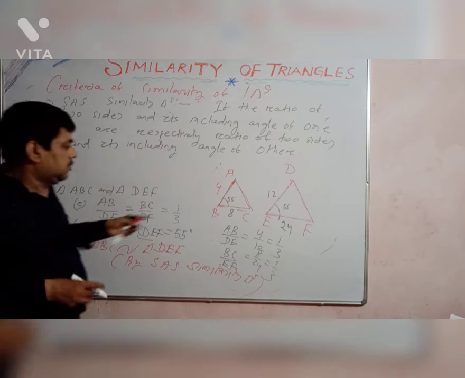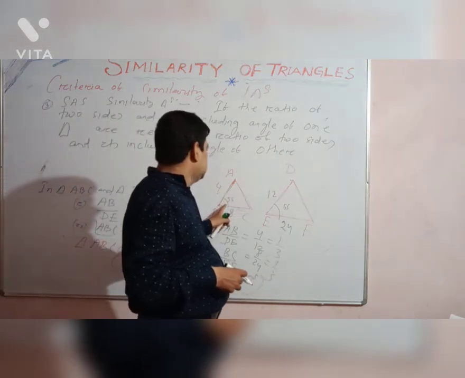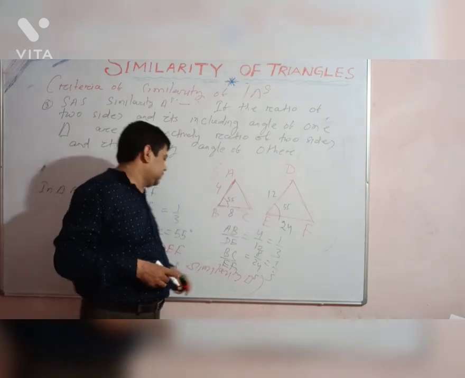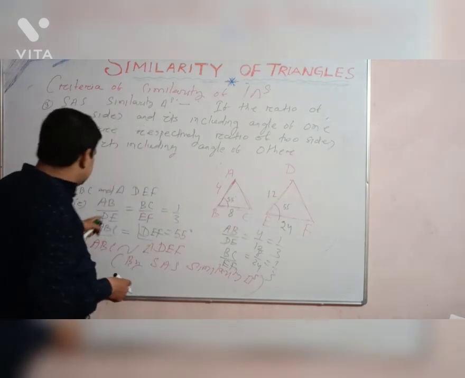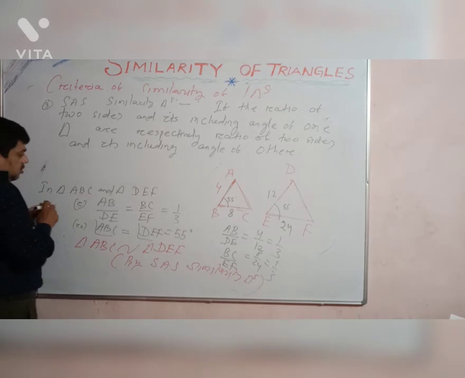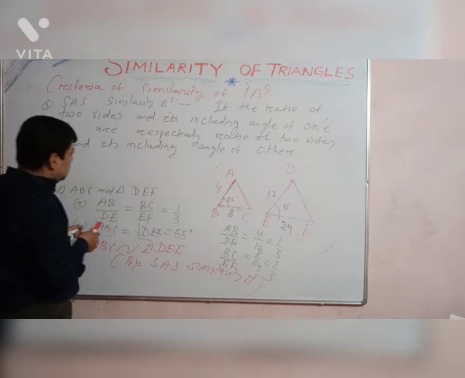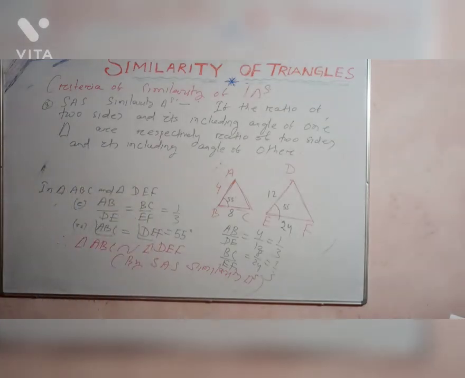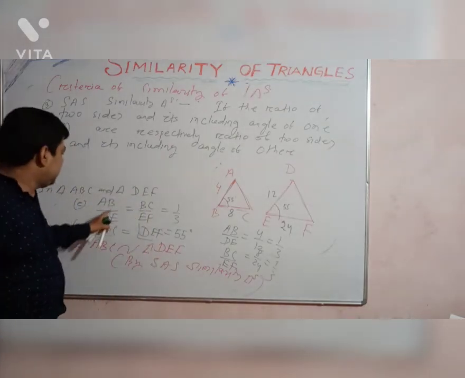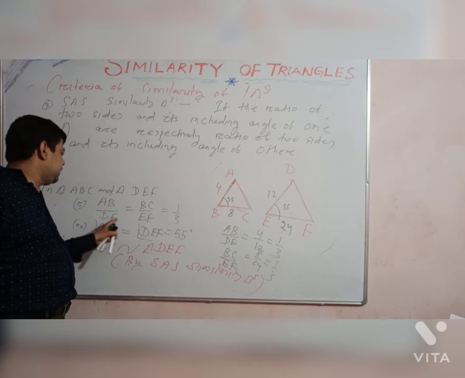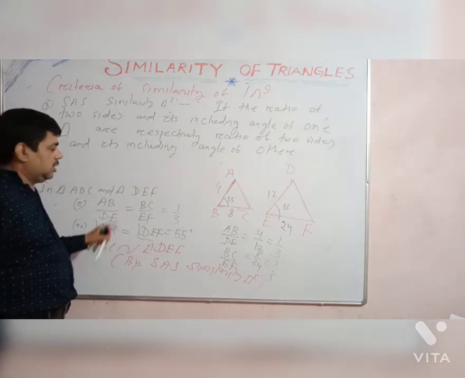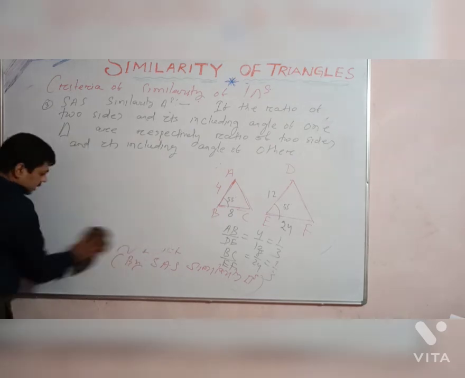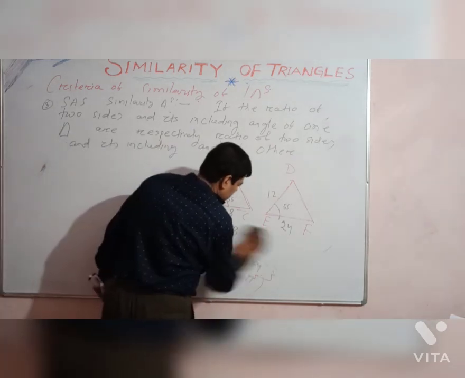Understand or not? If the ratio of the two sides and the including angle, it means if AB by BC is equal to DE by EF, we can say the same thing. We can write this also in a similar manner. First of all, you see in triangle, AB by BC we can write. Let's see also, I have written here AB by DE is equal to BC by EF. Can we write AB by BC? Yes or no? Can we write or not? Look here, just in another way, I can say the same meaning. The meaning is the same.